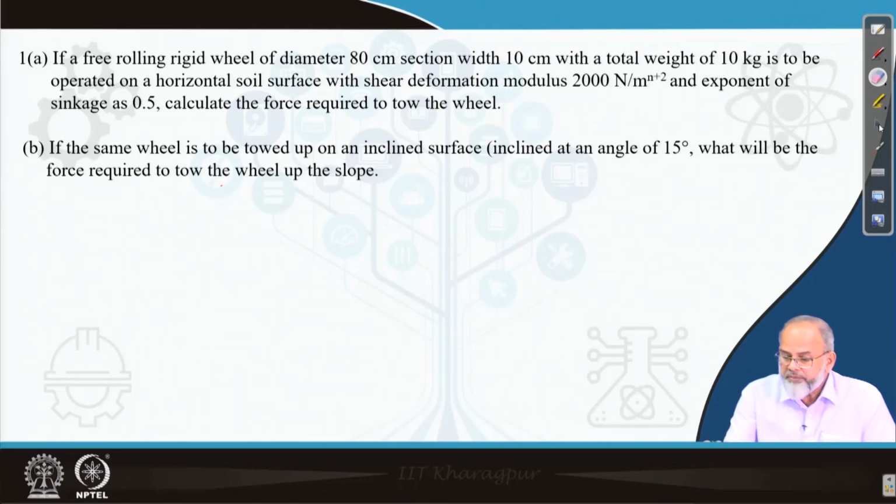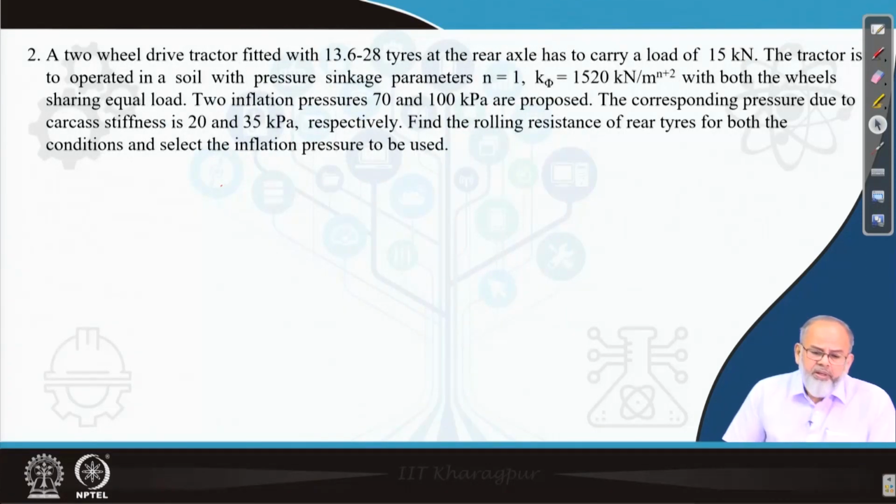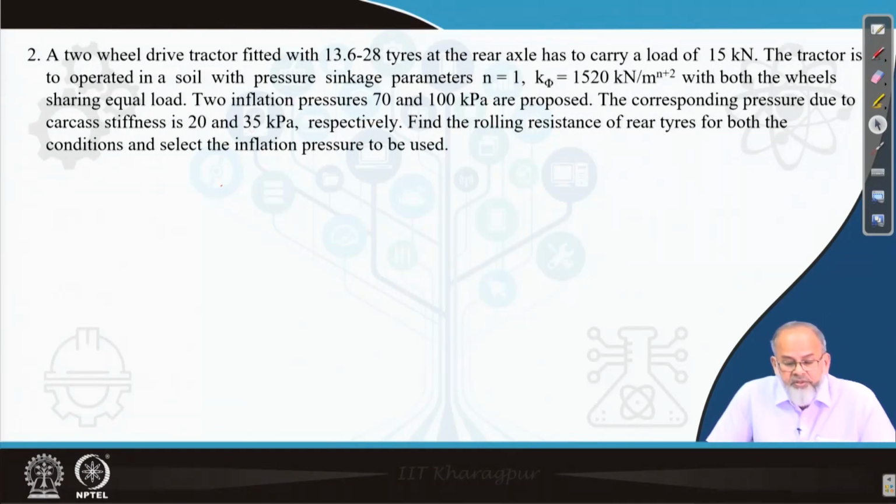Now, the next problem is a two-wheel drive tractor fitted with 13.6-28 tires at the rear axle, carrying a load of 15 kilonewton, and this has to be operated in soil with pressure-sinkage parameters: exponent of sinkage n as 1,